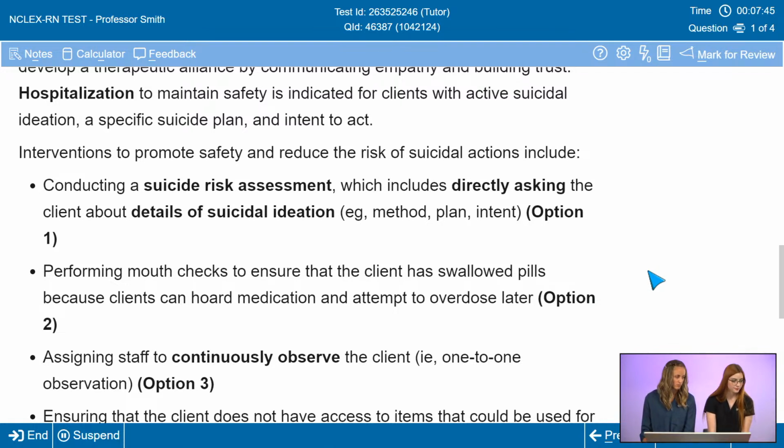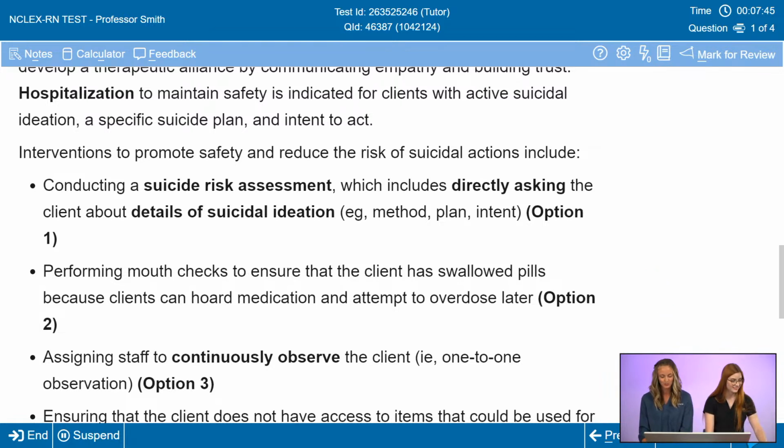How would the nurse perform that check? Depending on the client's age, that can vary. If it's a child, you might need to have them open their mouth and look in each of their cheeks. And it also depends on the level of the client's suicidal ideation. For clients who are severely suicidal, you might have to perform a mouth check, checking each cheek and making sure to look under the tongue that they haven't hidden any medication. Yeah. And you could definitely, if you want to, use a tongue depressor or a pen light or different things to help see a little better, as long as you're keeping them safe. And always gloved hands first.